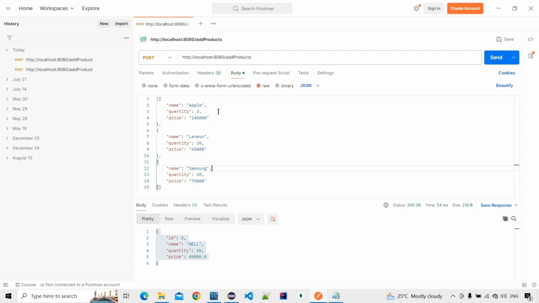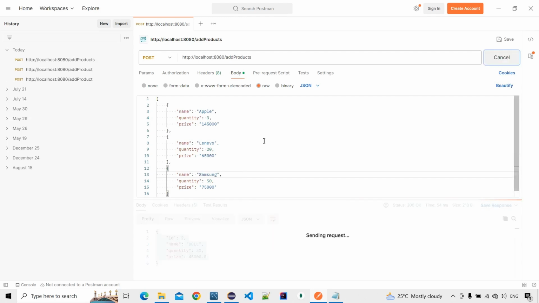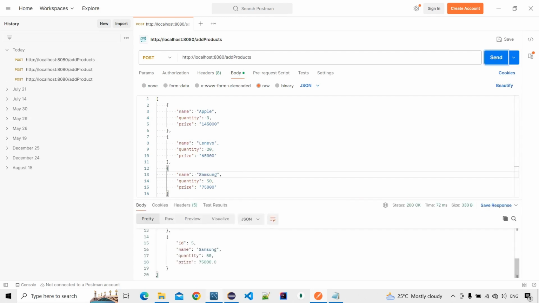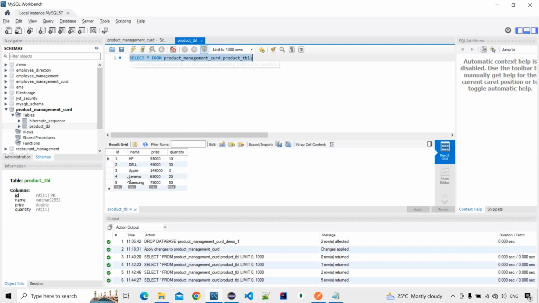Okay, these are all the products we are adding, so we have beautified that. This is an array, guys, and we are adding three, so we hit this. Okay, three objects will be added, and here we can see that our three objects are added. Then the second endpoint will be